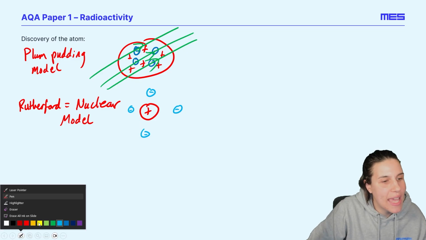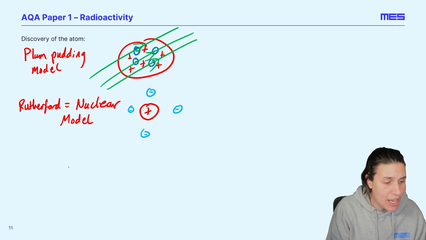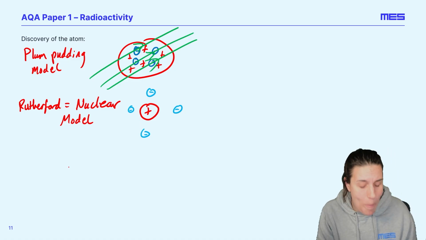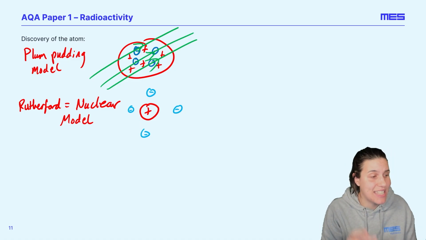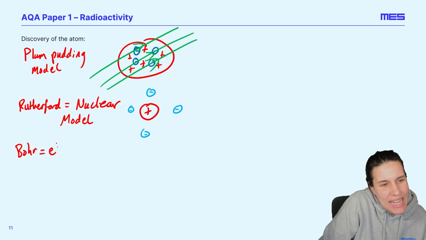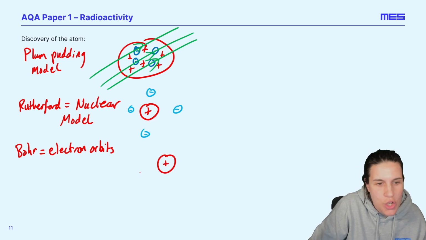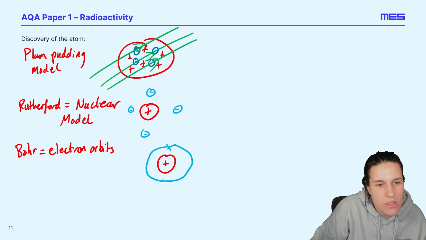Then along came Bohr. Now, Bohr worked out that the electrons had to be in orbit at specific distances around the nucleus. So Bohr came up with electron orbits, or in chemistry you might call them electron shells. We've got our positive nucleus now, and we've got our electrons arranged in shells